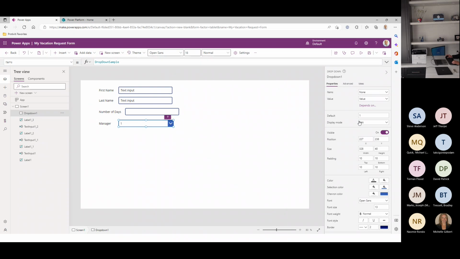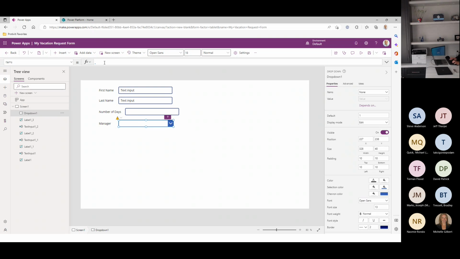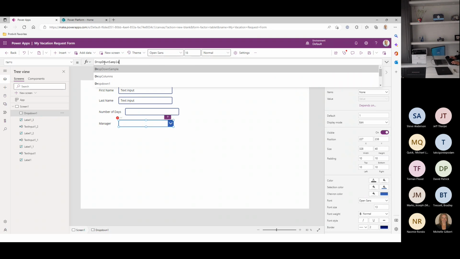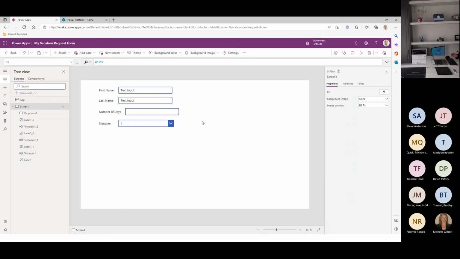Okay. And my items are nothing. Okay, let's see the drop down sample. And I got my numbers 1, 2, 3. Okay. So technically speaking, if I were to now save it and publish it, I have built a very simple